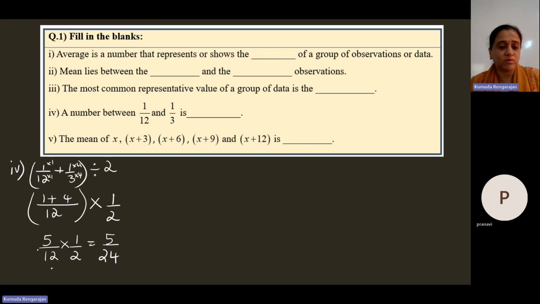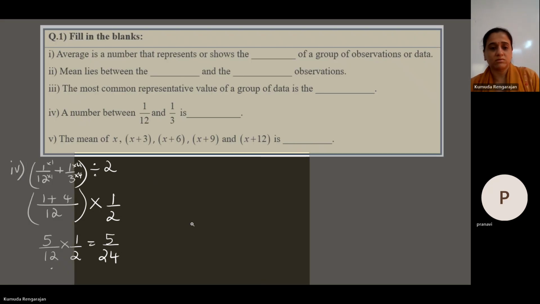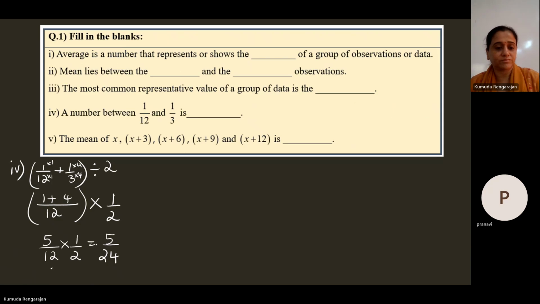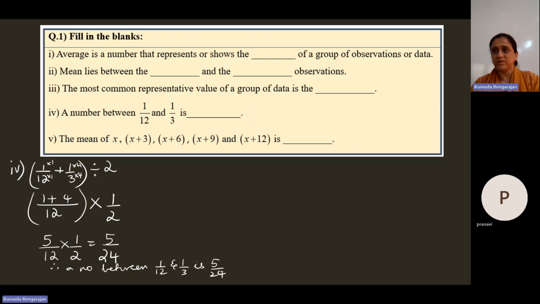So a number between 1 by 12 and 1 by 3 is 5 by 24. Understand that? Yes, I'll do it in another way, and then you can ask me a question. This is one of the ways of doing it. Okay, another way can be,